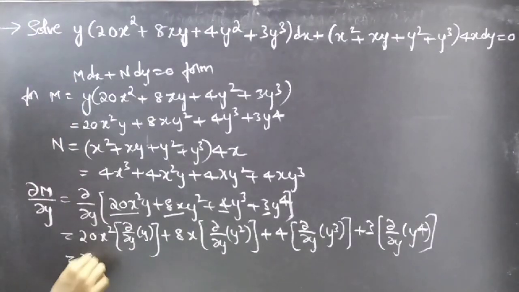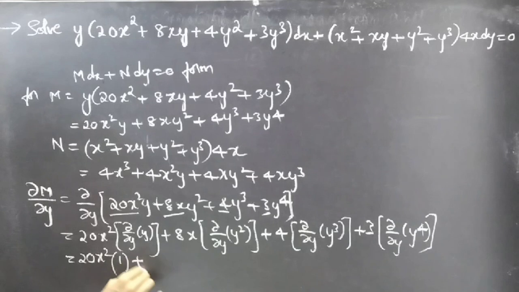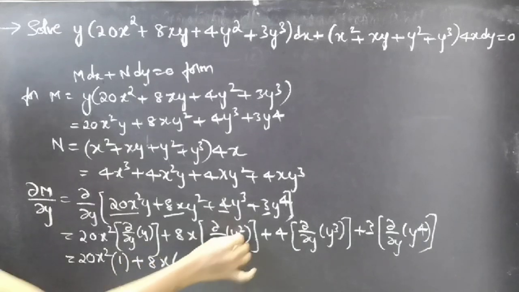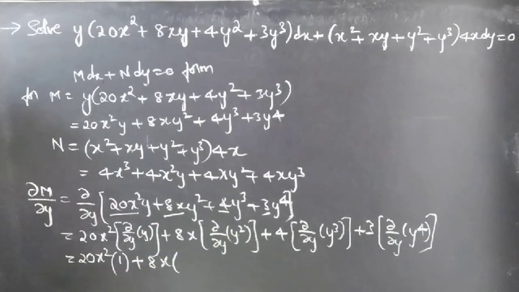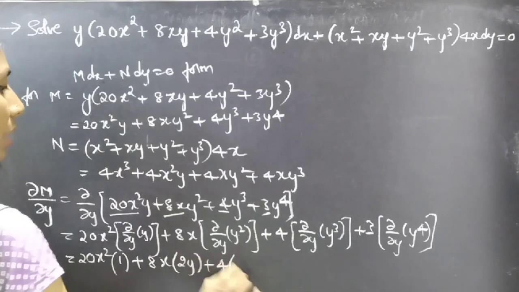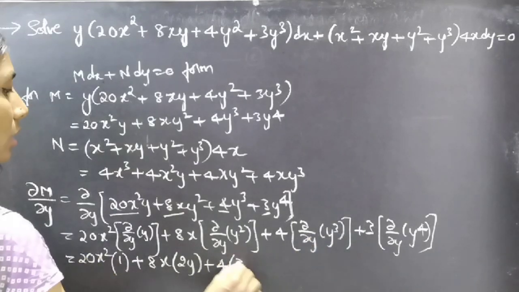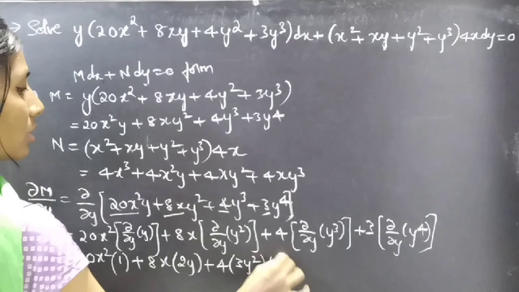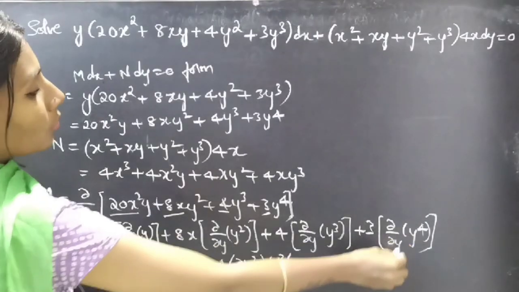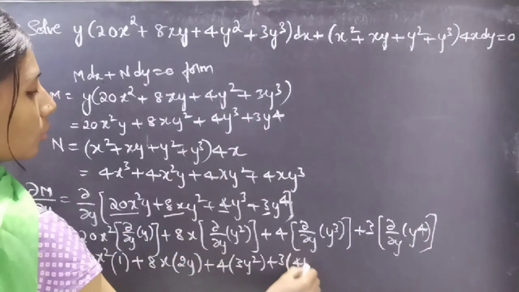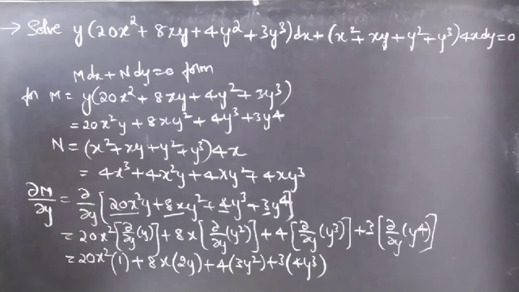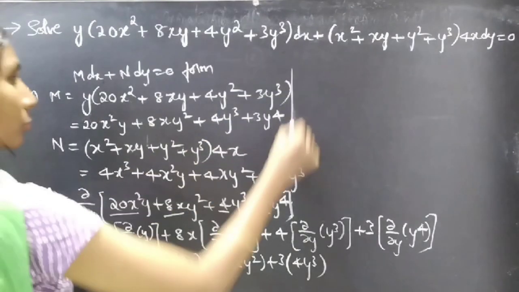This gives us 20x² into 1, plus 8x into 2y, plus 4 into 3y², plus 3 into 4y³, right? This gives us